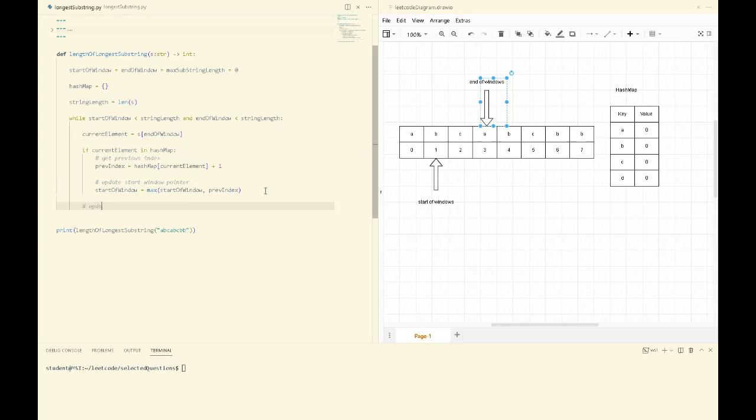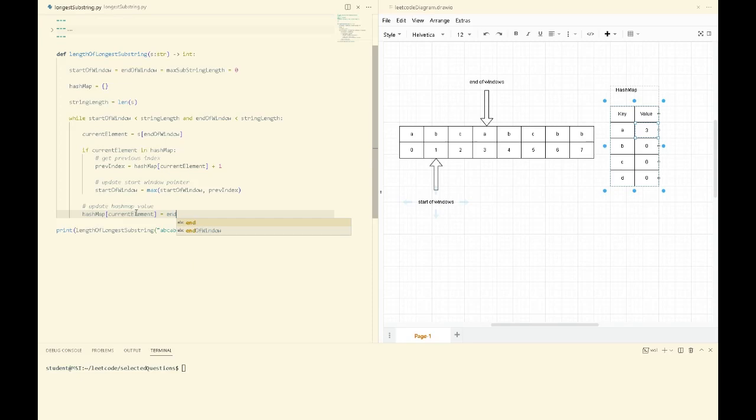Okay, and then we have to update the hash map value, which in this case is our end of window, unique character A, a new index value. Previously it was 0, and now it will be 3. So in this case, our hash map at current element is equal to end of window,